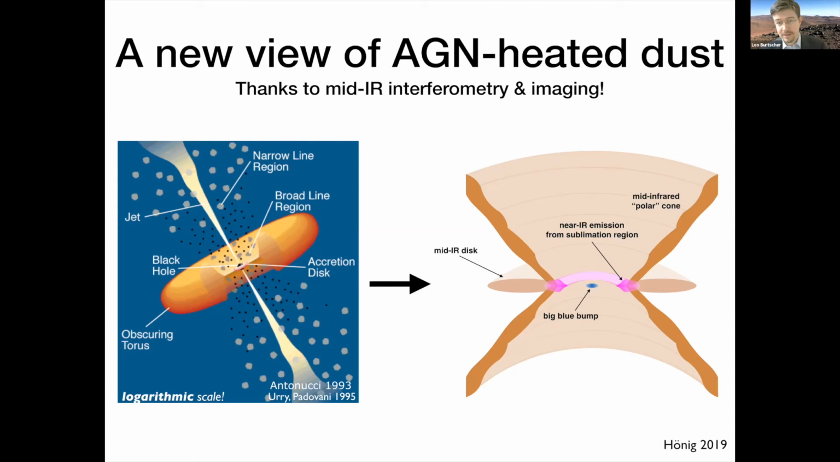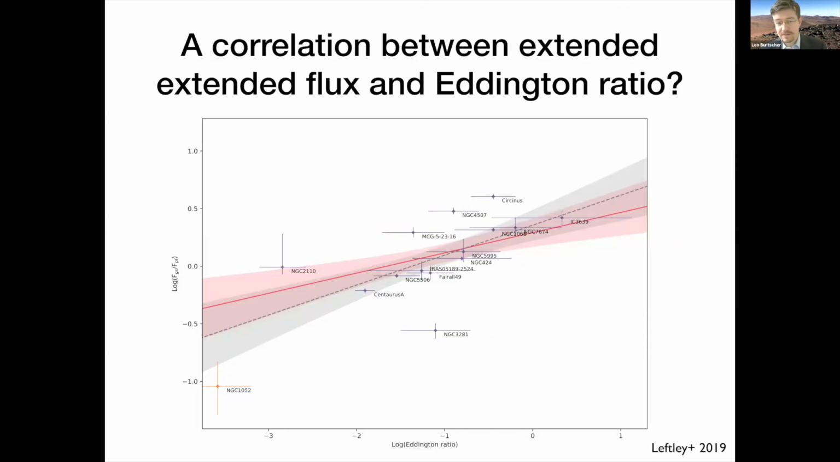All right, one last summary, one last statistics slide. This is a recent result by James Leftley. Very interesting result, I think. I think it definitely needs follow-up and more observations. James compared the level of the extended emission with the Eddington ratio of the AGN and found a correlation that is significant